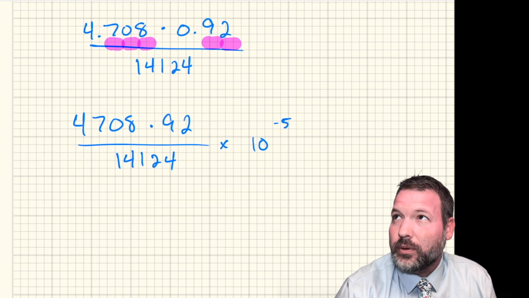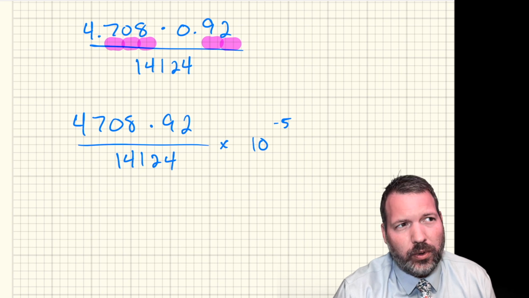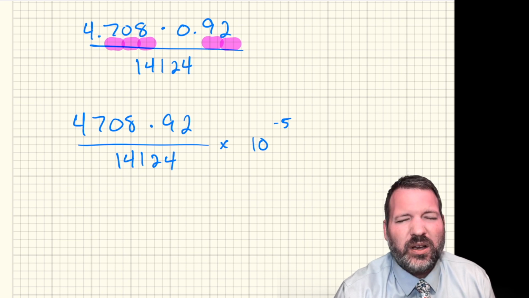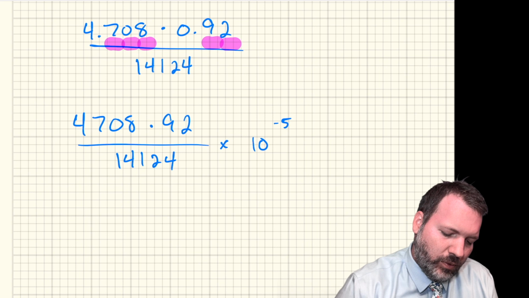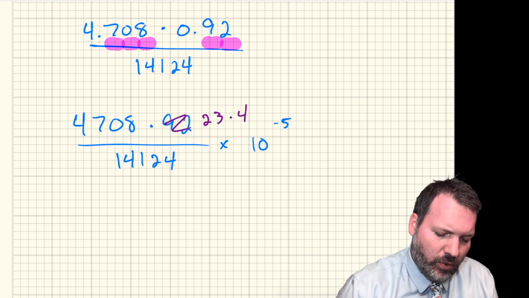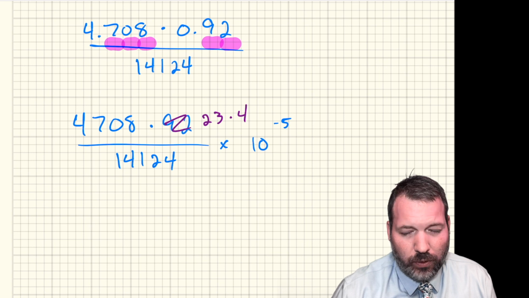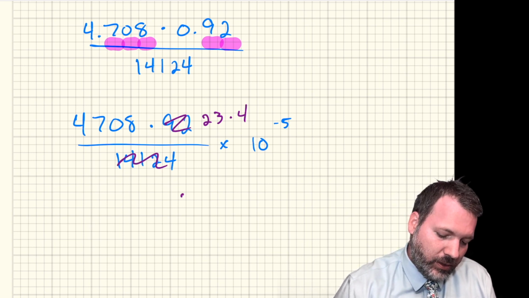92, for example, is a multiple of 6, right? 6 times, oh, no, it's not. 92 is 23 times 4. Okay, so we're going to write this down as 23 times 4. 14,124 is also a multiple of 4. It's going to be, what is that? 3,